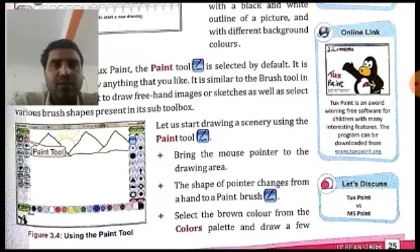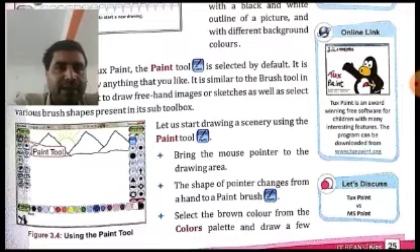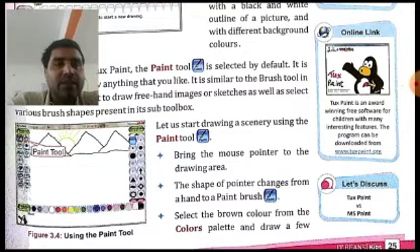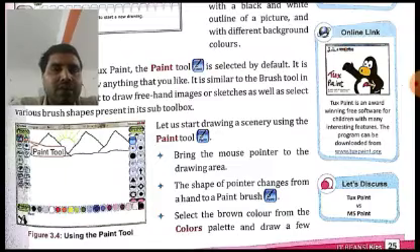First of all, the first step is to bring the mouse pointer to the drawing area. The drawing area is the area where we have to draw the scenery. Then secondly, the shape of the pointer will change from a hand to a paintbrush. As soon as you come to the drawing area, the pointer, which was previously a hand, will change into a paintbrush.